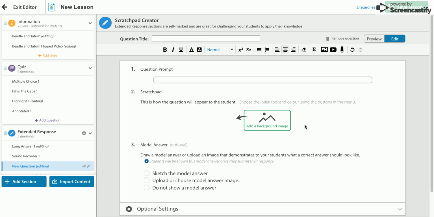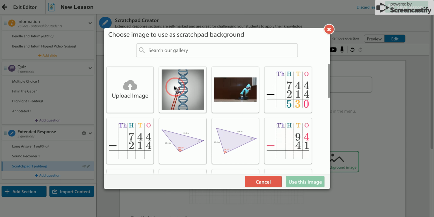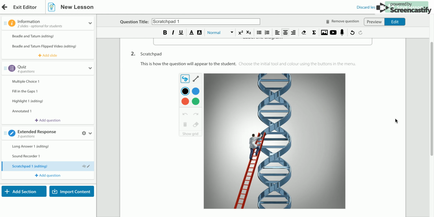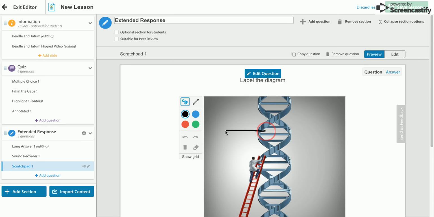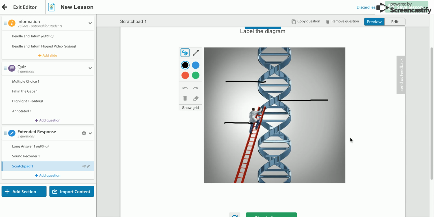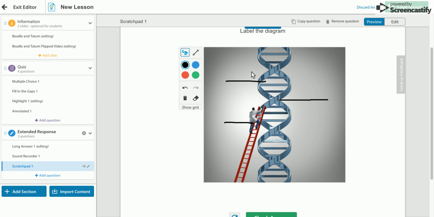And lastly, we have our scratch pad, where what you can do is upload an image, and the student needs to then use the scratch pad to label the different parts of the image. So that was just a really quick image that I found in our gallery, but you could import any image there. You can also import a graph, a grid layout,